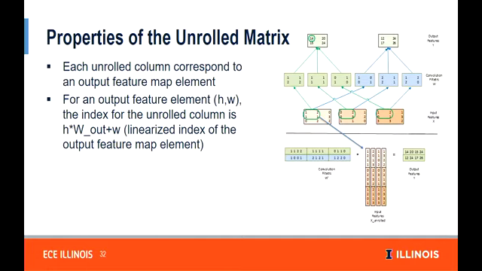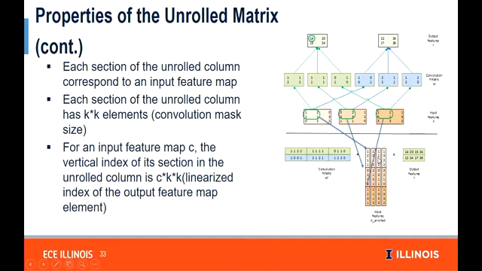Okay. So the most important part of this slide is that whenever I want to find the column with which I'm going to generate an output element, I take the output element's index within the feature map, I linearize it, and I can find that column. Okay? Good deal. The second one is that if I look at the index within each column, now I'm looking at the